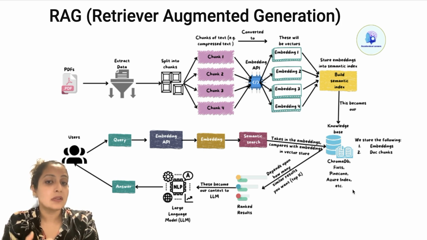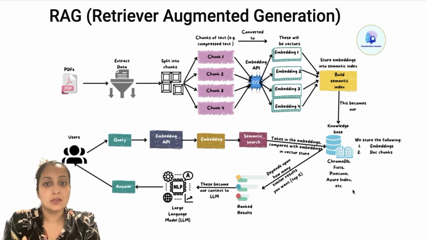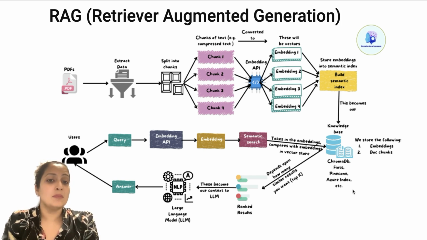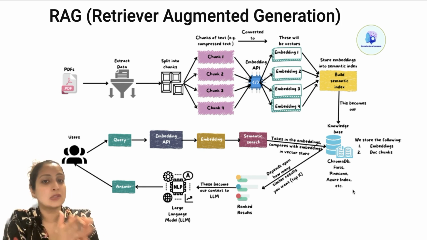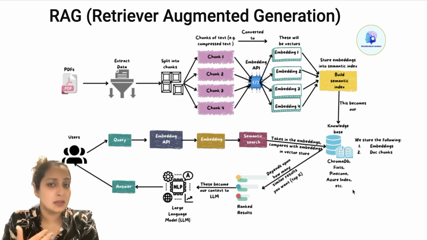Then you will get a response from the LLM. Did I do well in your question? Did I provide you the relevant information? How would you rate me? And then on a 5-point scale, you will rate that LLM. You'll give a thumbs up or thumbs down. And you will be asked, why are you giving me this rating? Do you have any specifics? And then you can provide some feedback. Whatever feedback you provide, that goes and gets stored in a PostgreSQL DB or some other database. And those feedbacks are monitored on a dashboard. And consecutively, the performance of the RAG is improved.